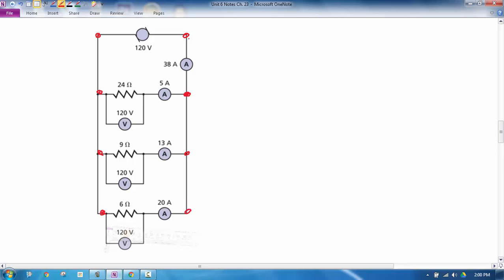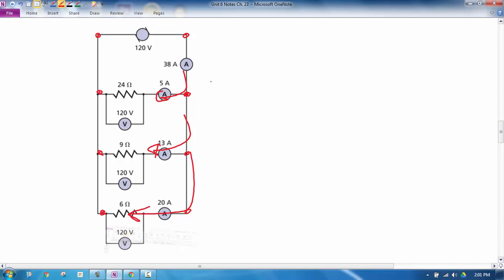So then from there you can see what happens is current splits up then. So some of the current's going to go here, some of the current's going to go here, and some of it's going to go through here. And you'll notice that current wants to follow the path of least resistance. So most of the current goes through the smallest resistor, the 6 ohm resistor. And then not quite as much current goes through the bigger 9 ohm resistor, and the biggest resistor has the